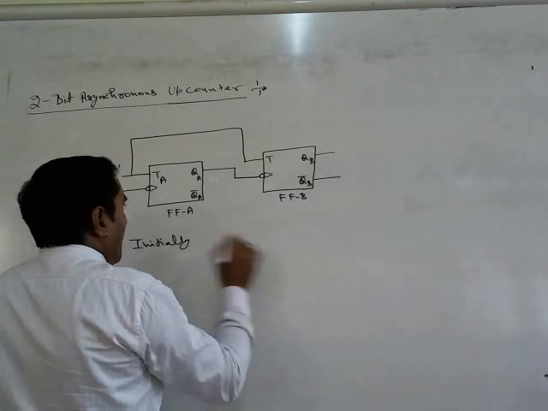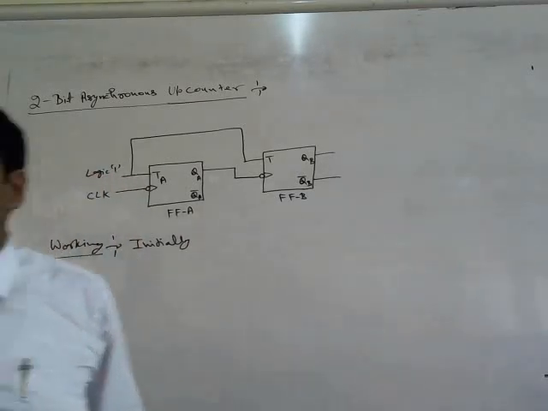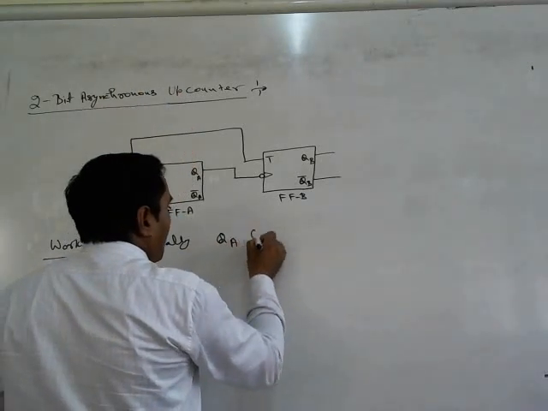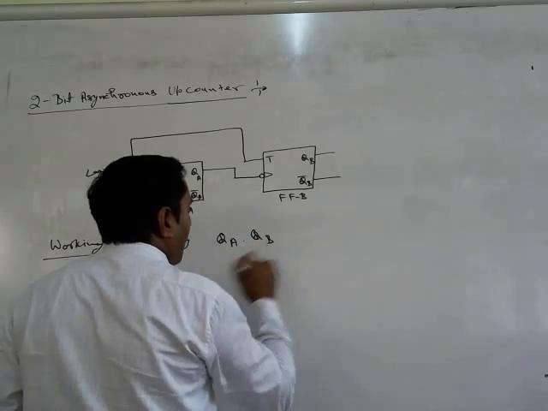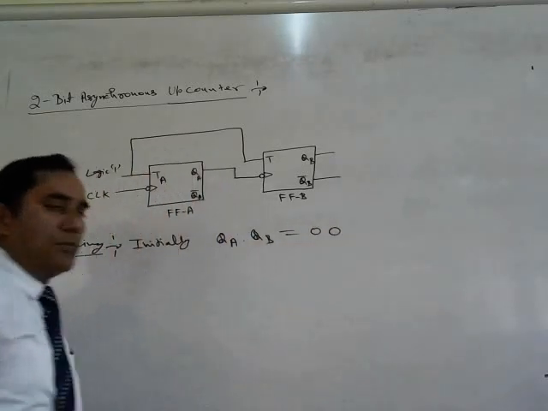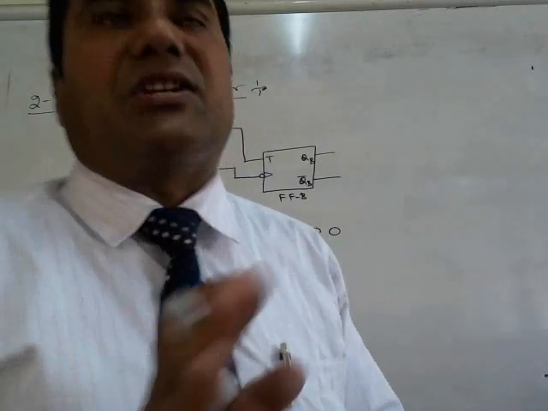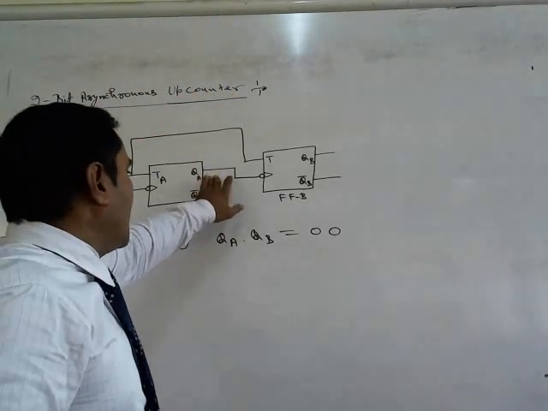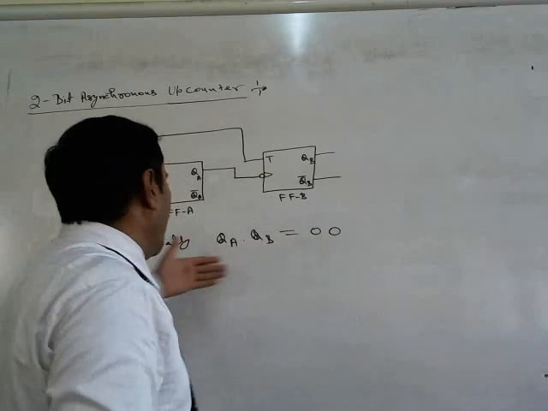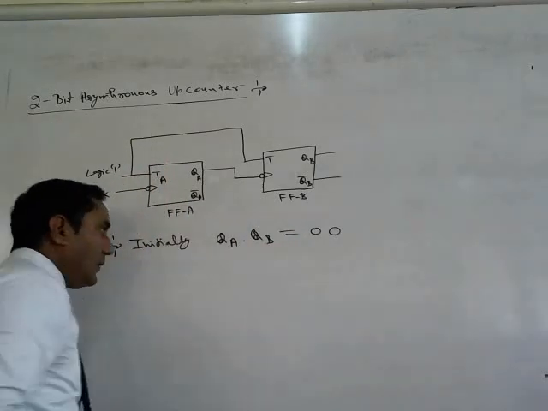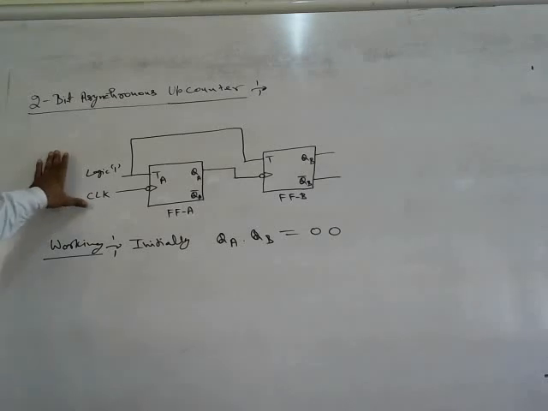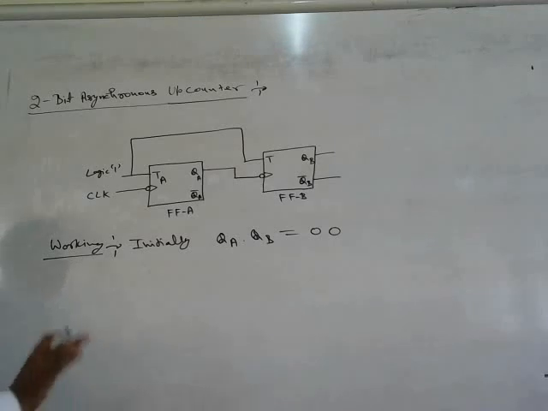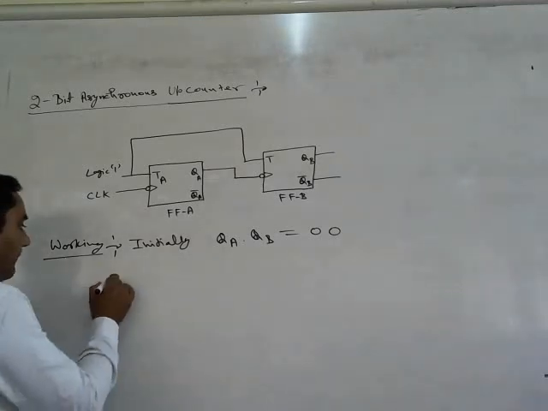Initially assume both the flip-flops have the contents 0, 0, means QA and QB equal to 0, 0, means both the flip-flops are in the reset state. Both the outputs are 0, 0. QA equals to 0 and QB equals to 0. That's the initial state. Now, as we know, these are negative edge triggered flip-flops. Okay, so when we apply the first clock signal